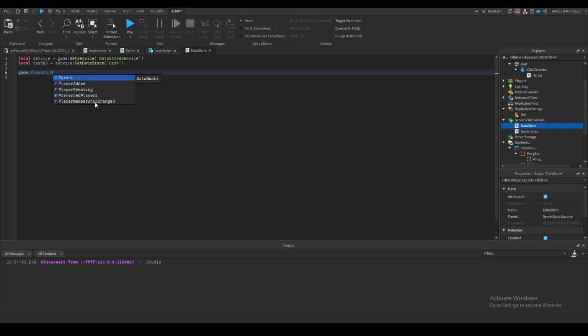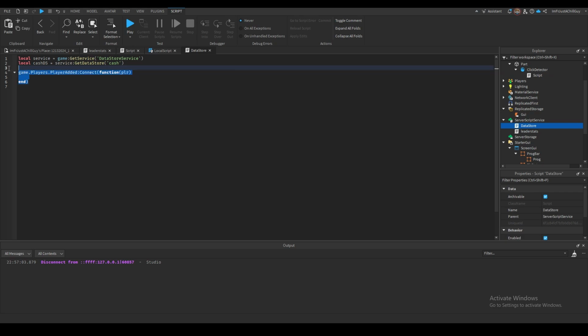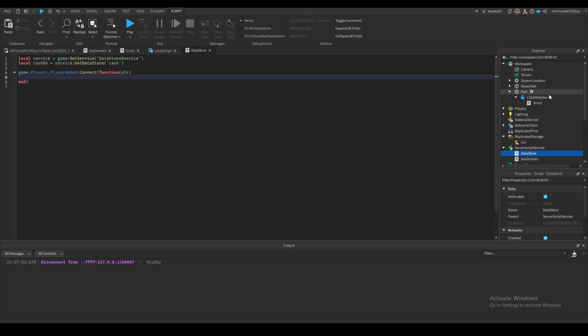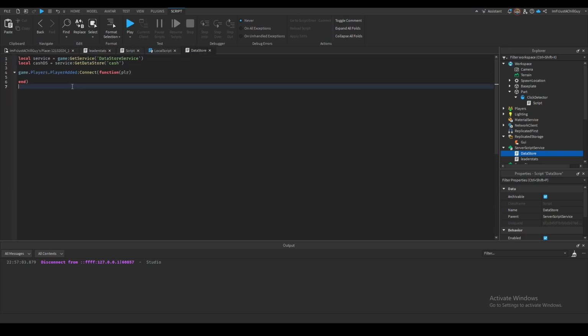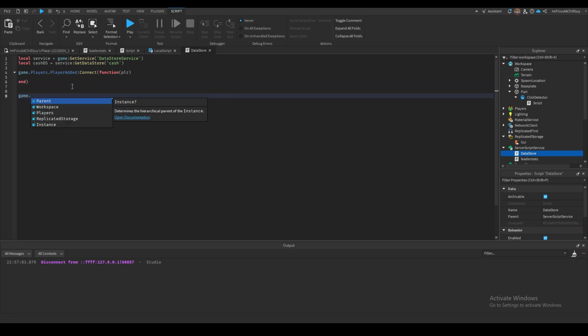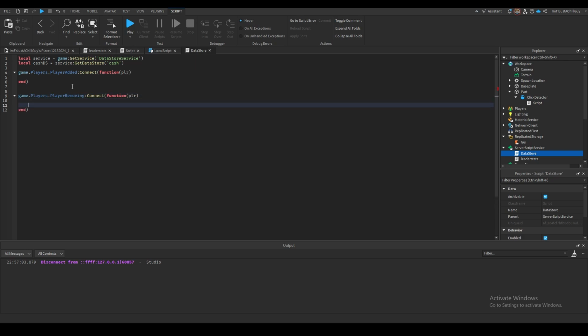Now game.Players.PlayerAdded:Connect(function(player)), and you want to add the player, except that, well, usually when working with data stores, you'd create an IntValue instance and so on. We don't need to do that since the cache is already created inside the leaderstat script. So the cache value is already set in the game, so all we have to do is just save it and load it. We don't have to create something. So game.Players.PlayerRemoving:Connect(function(player)), and you want local success, error = pcall(function()),